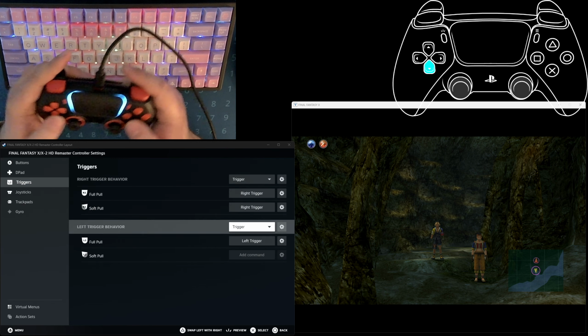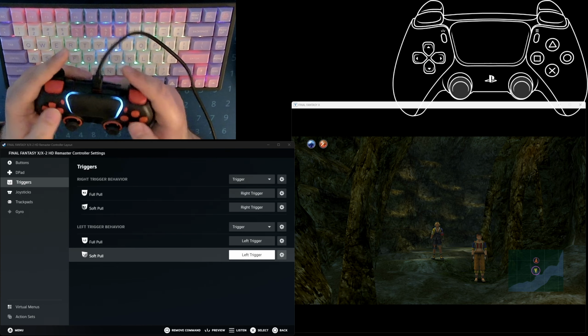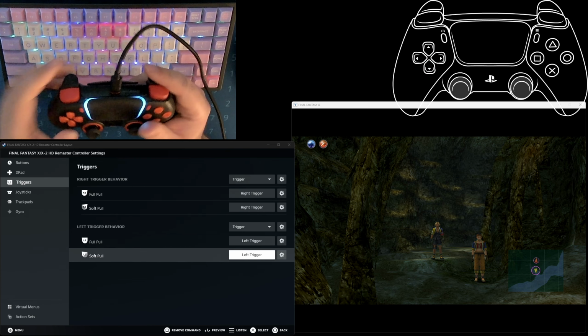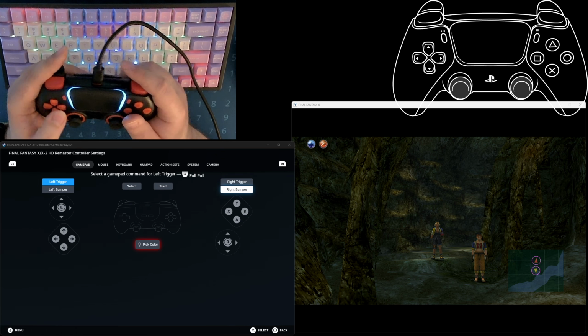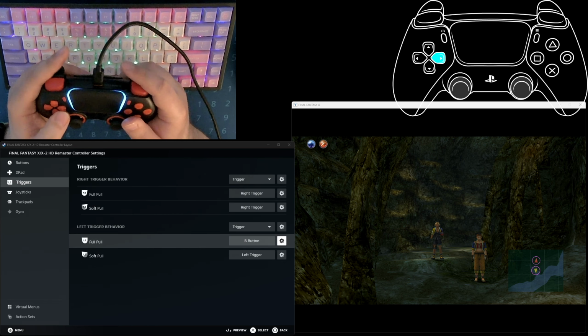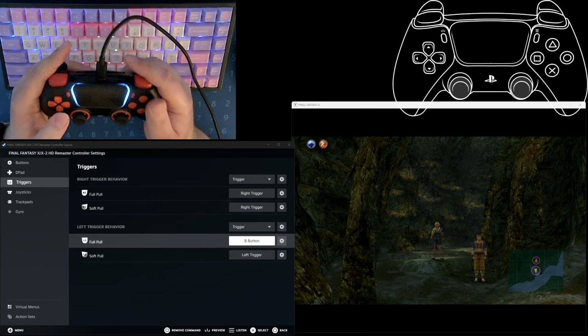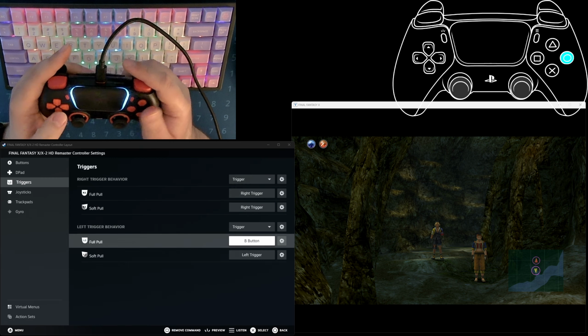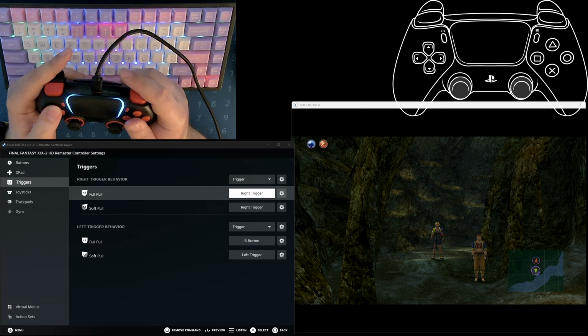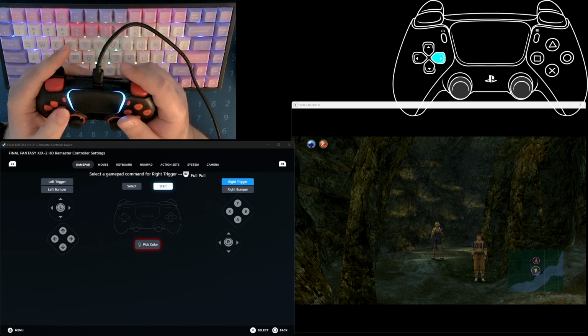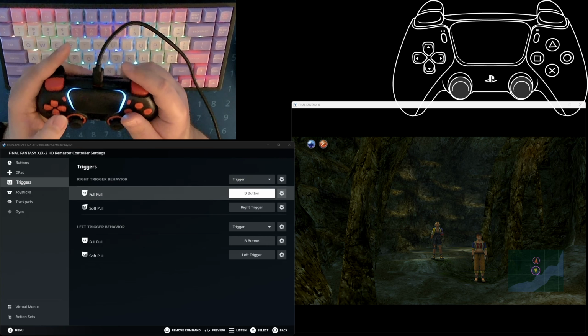Was it the right trigger? Right? Yeah, it was the right trigger. Okay, so you want to move the actual trigger to the soft pull, and then you can use the full pull for a turbo. So again, this way. So turbo here. I don't think I have to actually hit close, right? Yeah, that's fine. So I want to turbo here, and here I want to do the